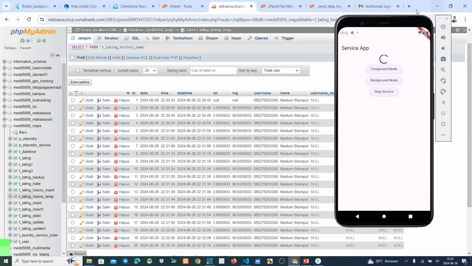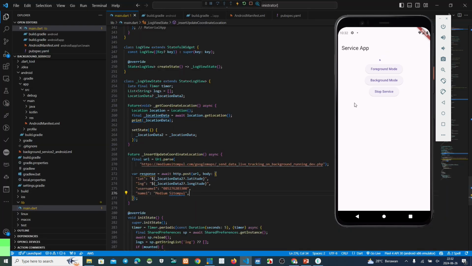Okay, next I can show what happened in this small script. This latitude and longitude come from here. Oh, yes, very slow, sorry about that.